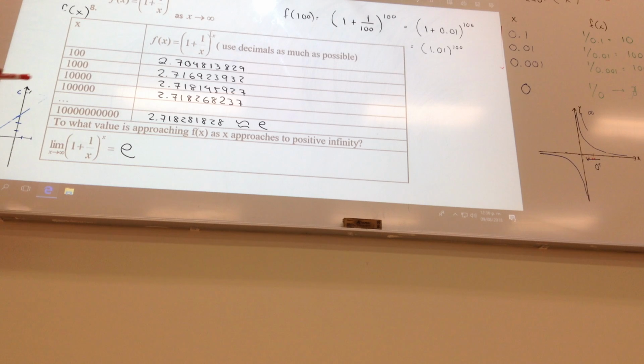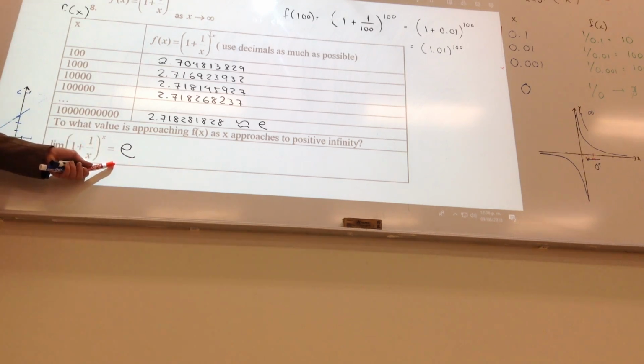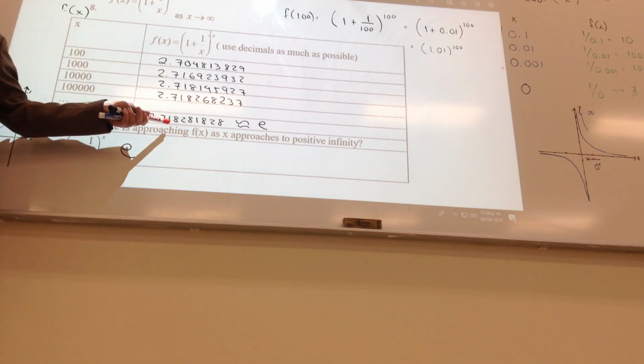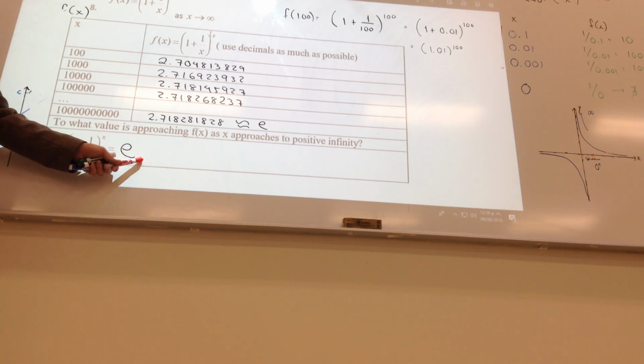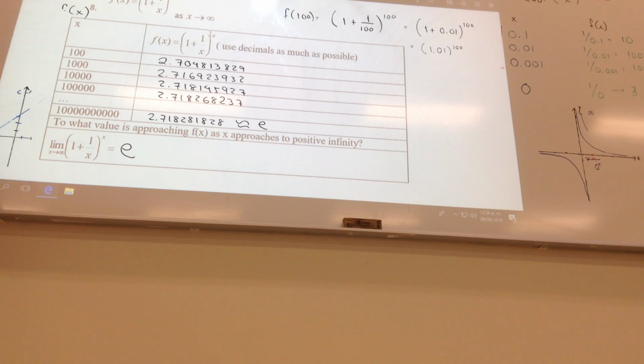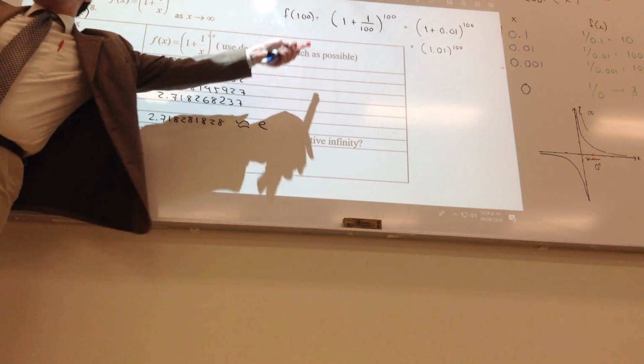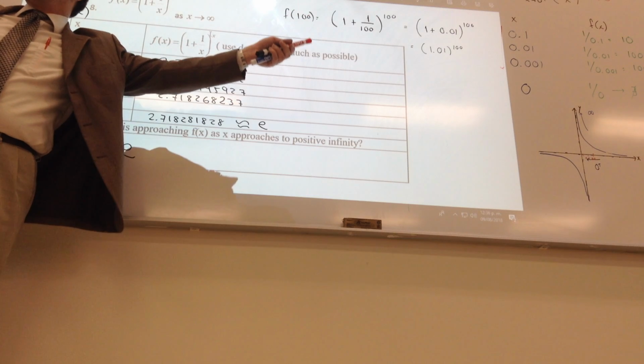In this case, the answers to this are those, and that's fine. But the real answer, the tendency, is E. Because normally E will be 2 point something with more decimals. But to avoid those many decimals,